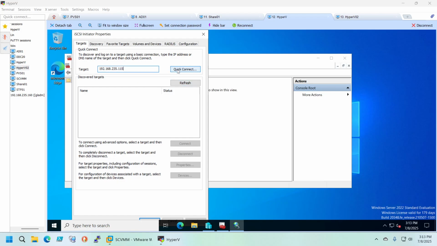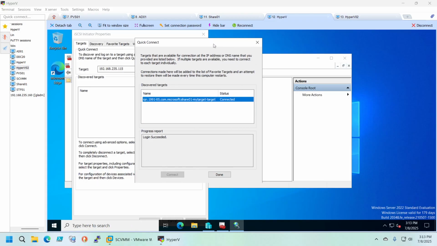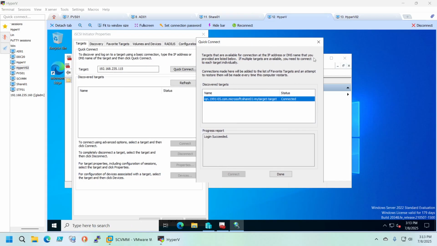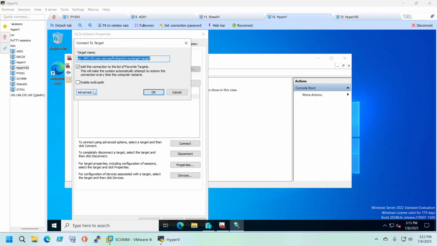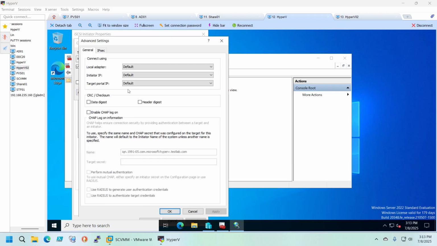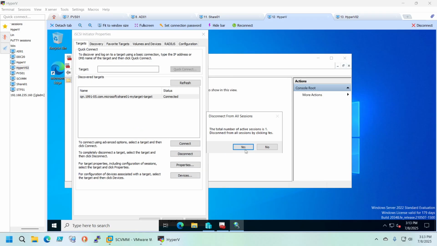No, we have to go with a quick connect. Okay. Let me try to do close and connect advanced, because we need to disconnect